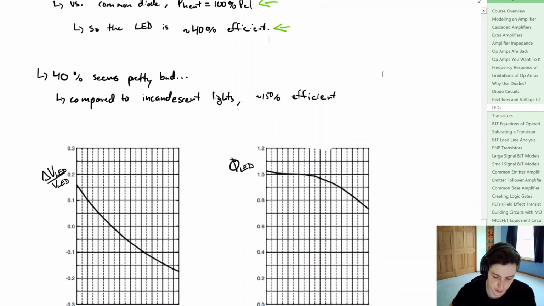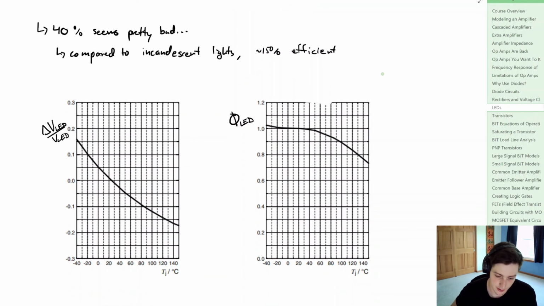Now if we look at a few other characteristics of an LED, so here on the left, we're going to look at the deviation in the voltage as we increase temperature. And what you can see is that the voltage of the LED decreases as temperature increases. And we have room temperature about somewhere here at 25C. Now a game you play is that the more drive current you push through that LED, you're going to have more heat. It's going to actually heat up the junction of that LED. So not only will you decrease the forward voltage, which can lead to this current runaway issue,